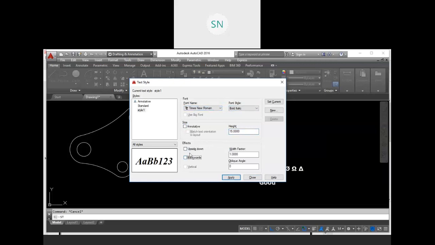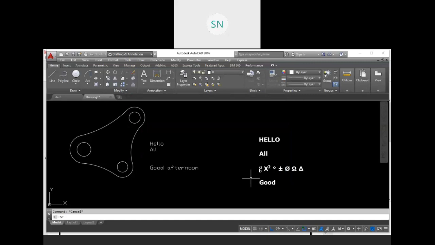Also we have a couple of options over here, so that we can place this text upside down, so preview will be like this. See, if you want to write that ambulance, then you can use this backward button, so it will write like this. So it's a mirror effect, right? You can type backward also. Then click on set as current, select this style 1 and set as current, yes, and close.